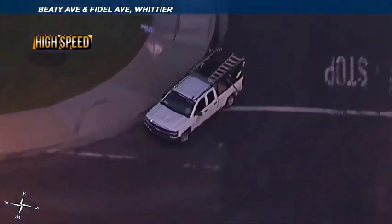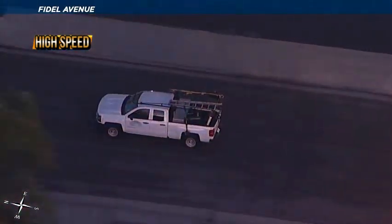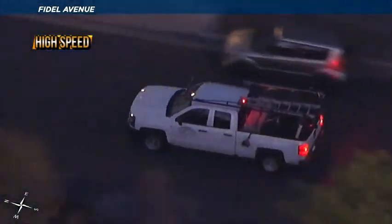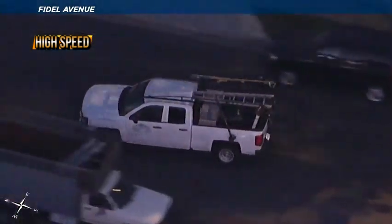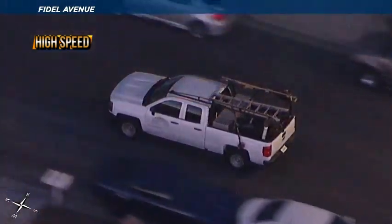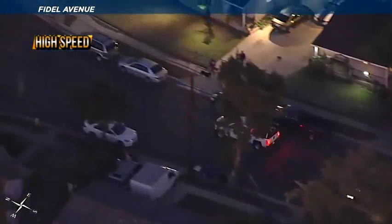Not to mention, he almost took out at least one person in that driveway and a dog that was underneath as well. I hope everybody is okay back there, but now we have to follow this until the end here because the sun is going down and still no visual of law enforcement within sight here. So we're going to try and keep the camera on him and hope that somebody can triangulate those officers into